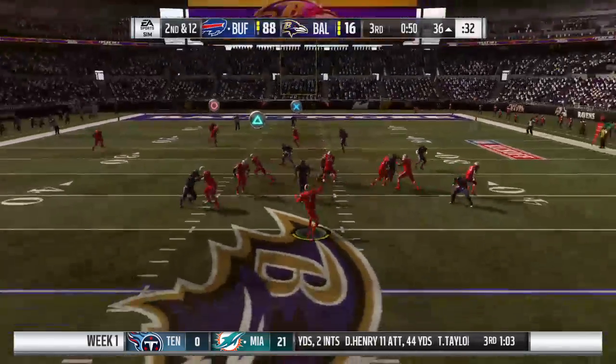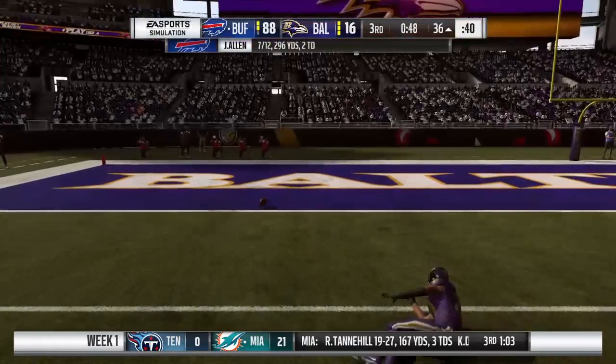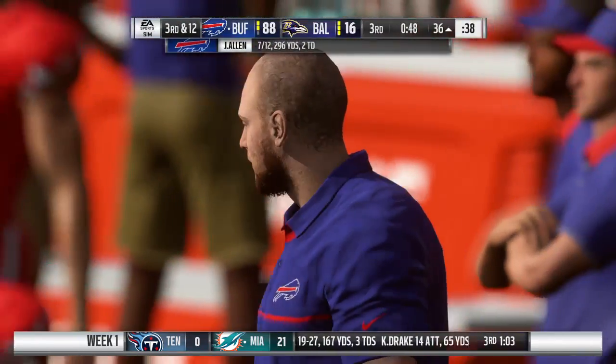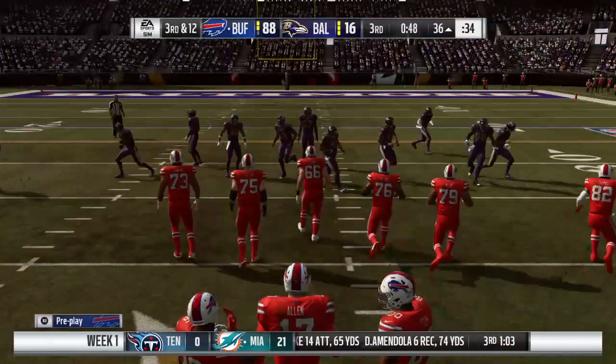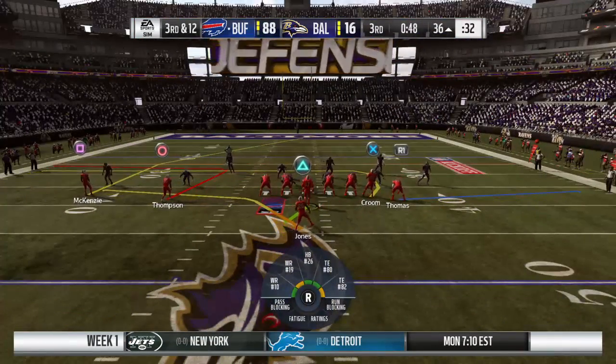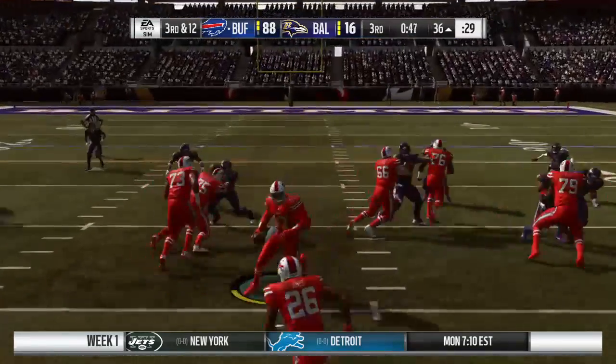So they fake the handoff. Now Allen. And this one is incomplete. Finally, a good play there defensively on the deep ball. The secondary has had its struggles this entire game. Offensively, they've had their way with them. An incomplete pass on that last play, and that means they'll need to come up with something here on third